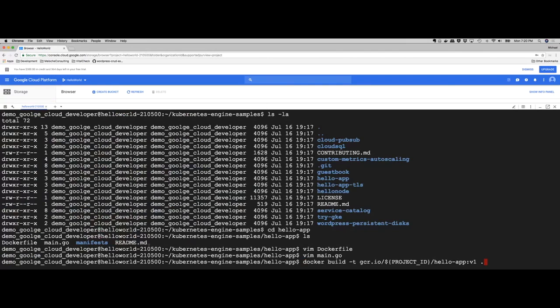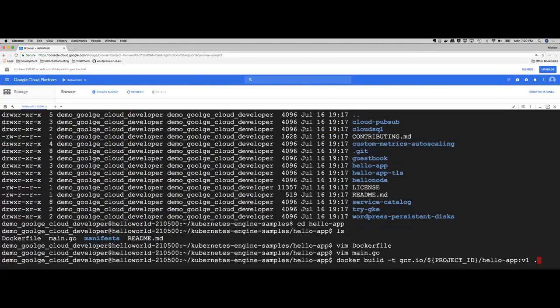All right, so next, we're going to build it. So we're going to do docker build -t space gcr.io, which is US Google Cloud Resource IO, / our project ID / hello-app : your version, and then dot. Now, this is required for